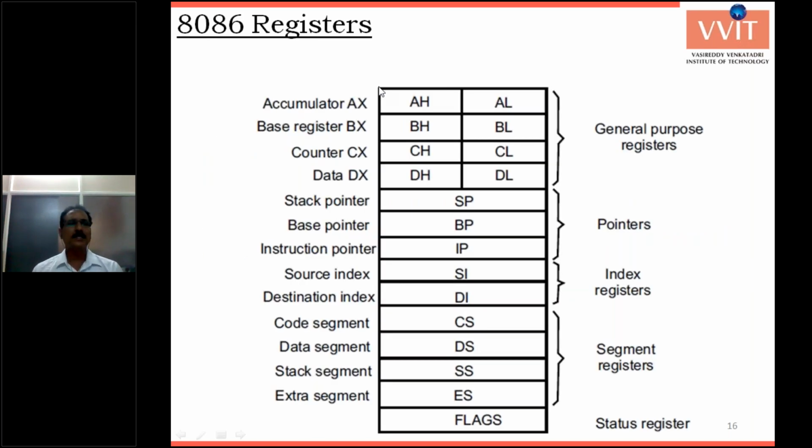Now, in a previous examination, explain the register organization of the 8086. This is the complete register structure of the 8086. The first 4 are the general purpose registers that are used for 8-bit or 16-bit purposes: AX stands for the accumulator, BX for the base, CX for the counter, DX for the data. These general purpose registers are also compatible with the 8085, that means 8-bit processing is also possible.